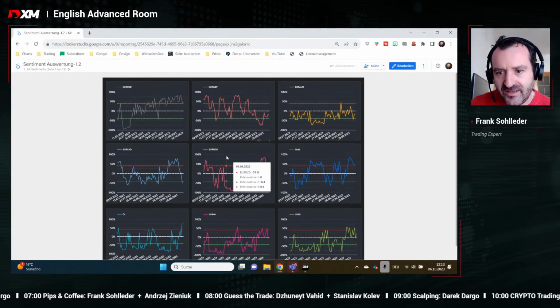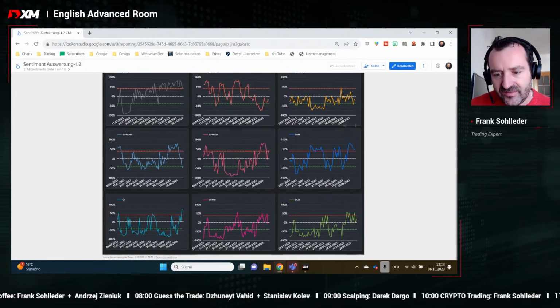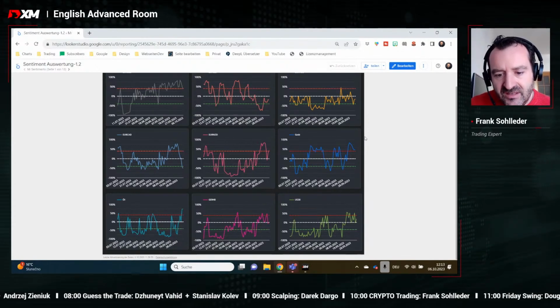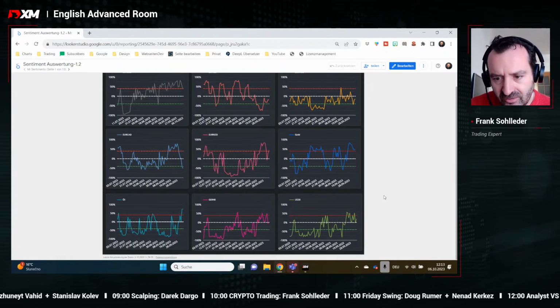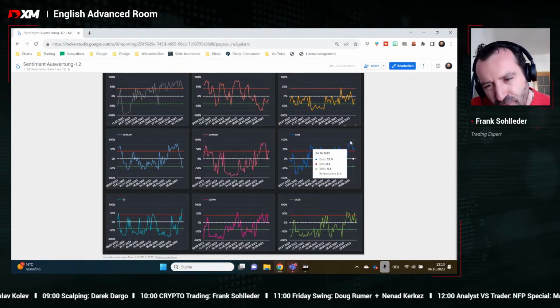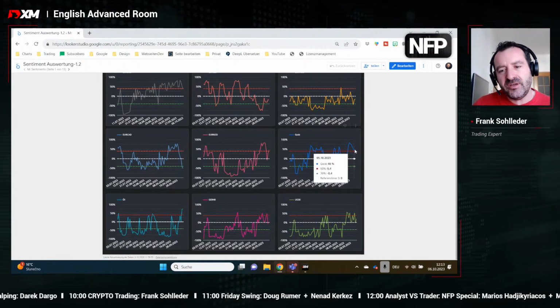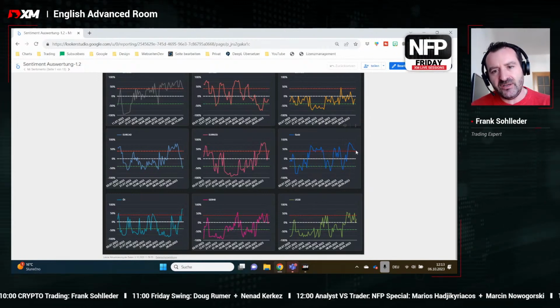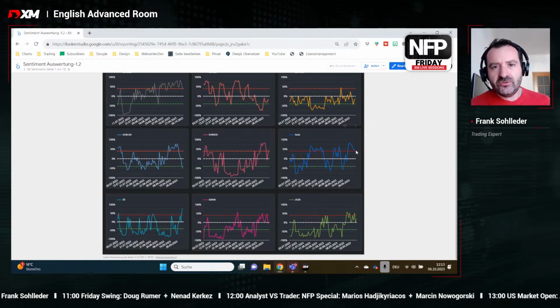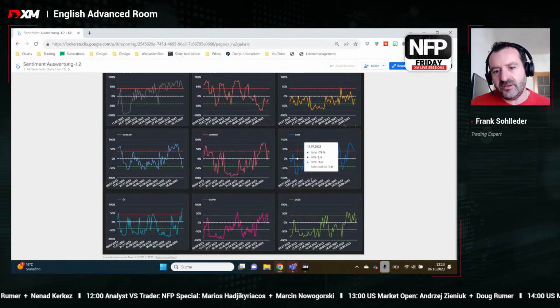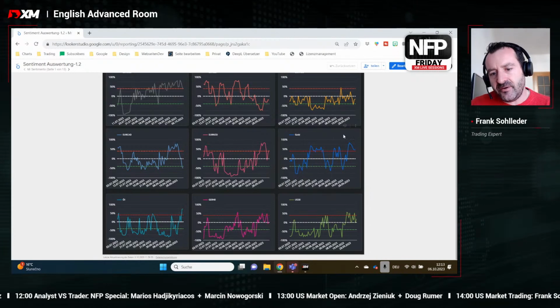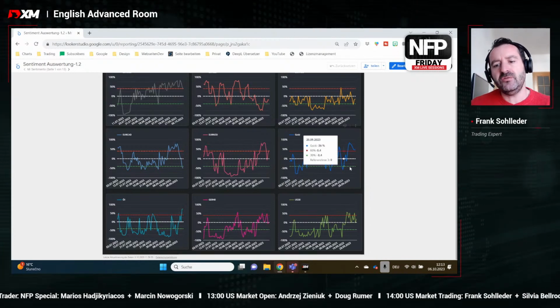This is my sentiment analysis that I always look at, and I'm seeing a very nice situation at the moment on gold from the short-term sentiment. This is how the traders are positioned. The private traders are positioned very much to the long side already. This is what this small chart in the middle on the right side, where I am with the mouse right now, is showing to you.